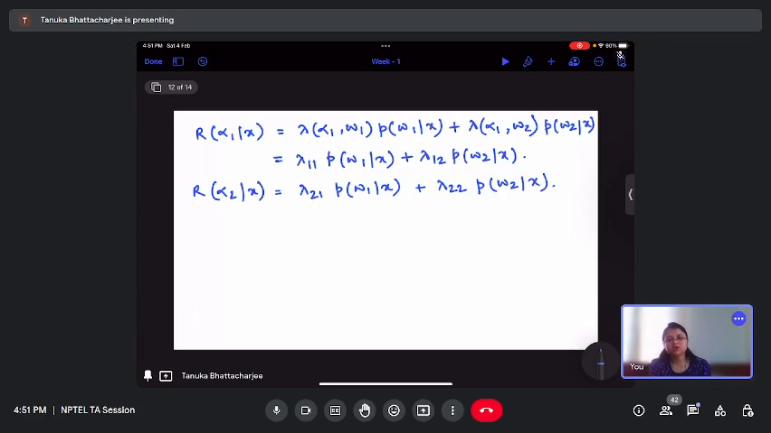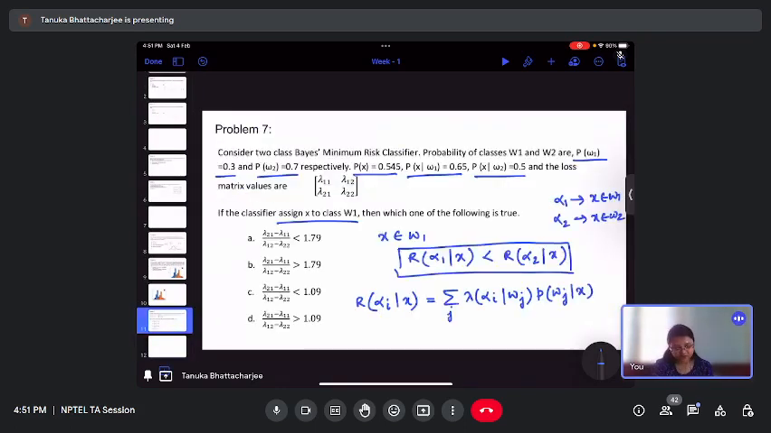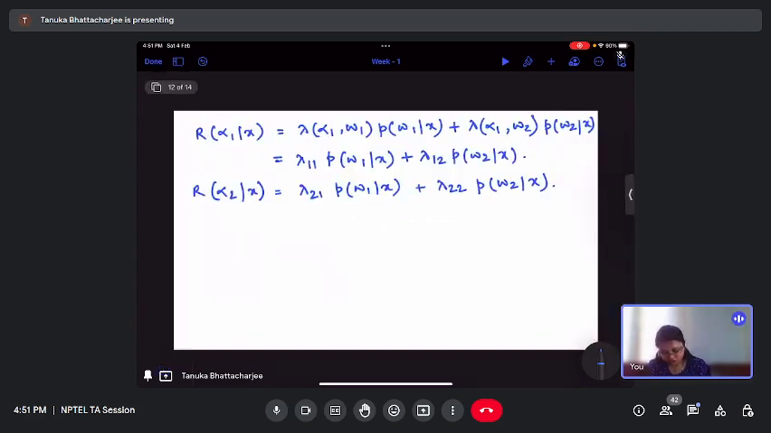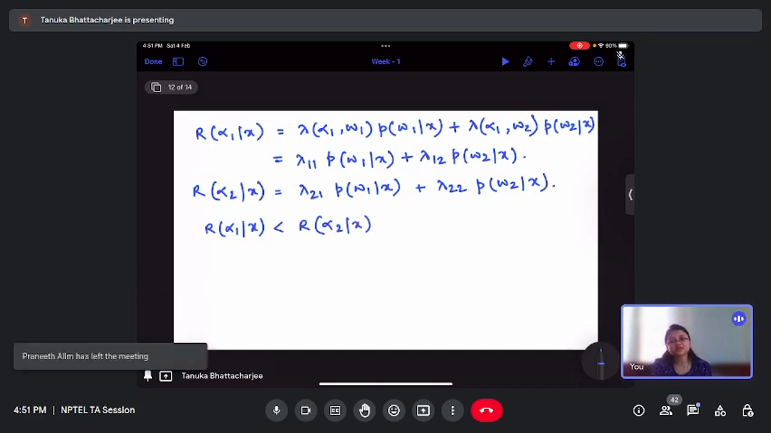According to our decision of the classifier, the risk of taking alpha 1 action is less. So, R alpha 1 given x is less than R alpha 2 given x, because the classifier has assigned the element x to the class omega 1, that is, it has taken the action alpha 1 because it has less risk involved. So, if we simply do the algebra here,